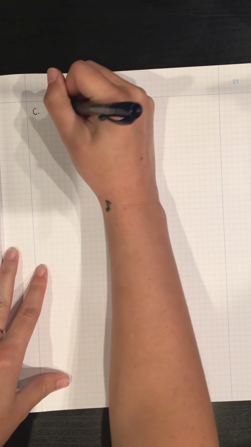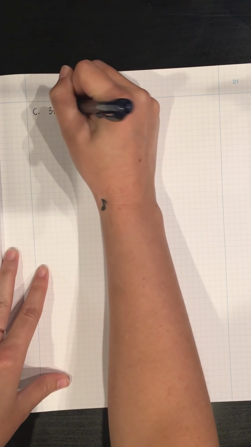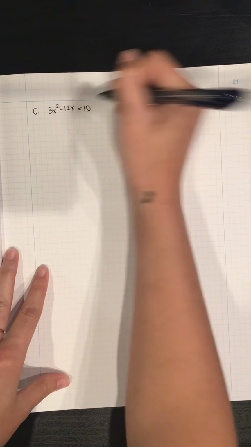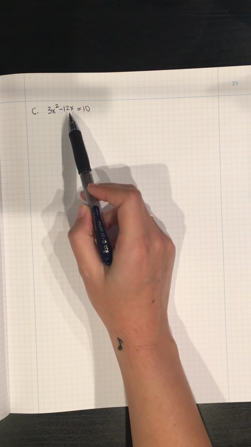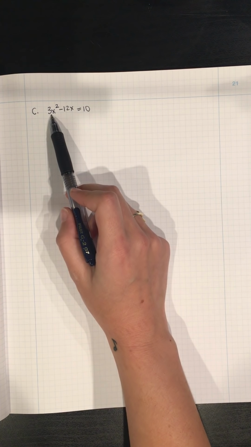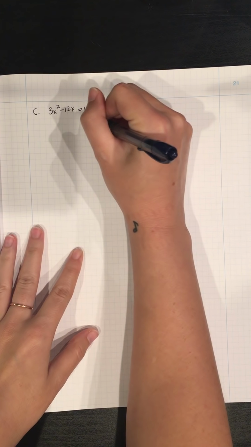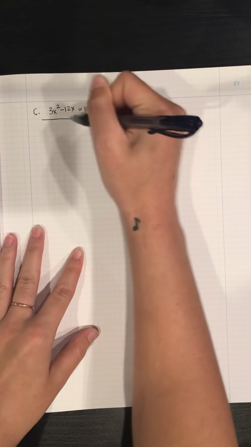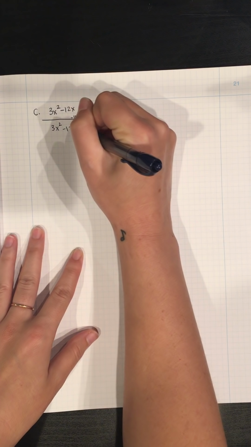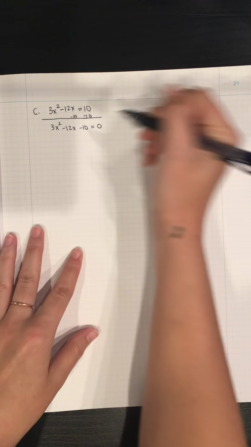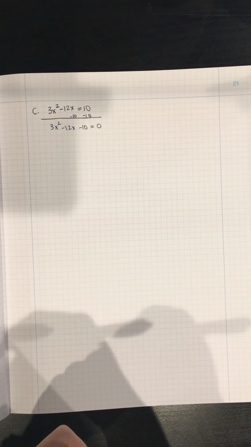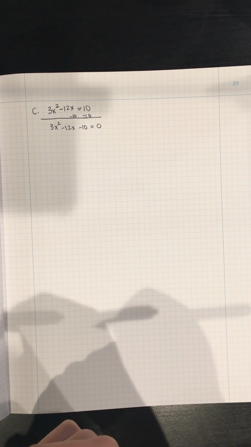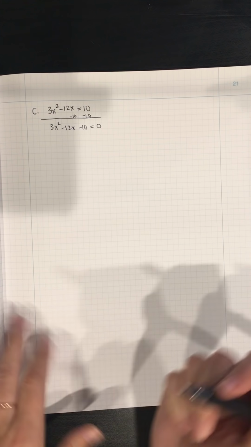Okay, so I've got 3x squared minus 12x equals 10. So my middle term is even this time, but I have something here that's not 1, so I don't want to complete the square. I do have all three terms if I move my 10, so I am going to move my c over, so 3x squared minus 12x minus 10 equals 0. All right, so once again, I'm going to go ahead and do quadratic formula on this one, and maybe let's